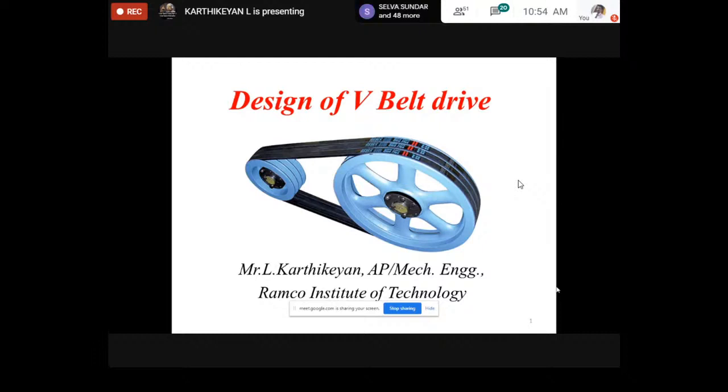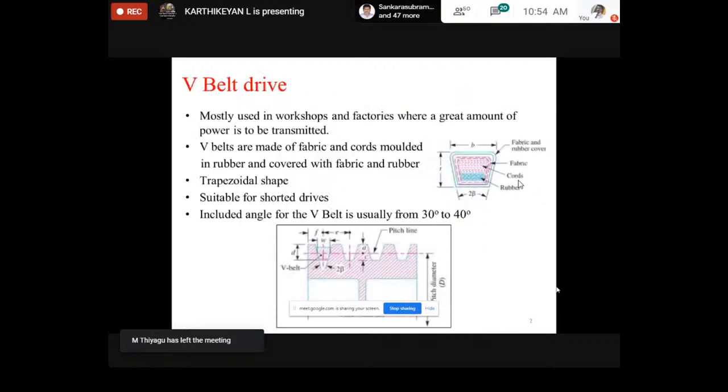It also offers a high velocity ratio. We can get more than 98% of efficiency. In a shorter distance drive, we are using V-belt drive. Simply, you can see this drive in IC engine power transmission or water pump power transmission. So, coming to the introductory slide, V-belt drive.